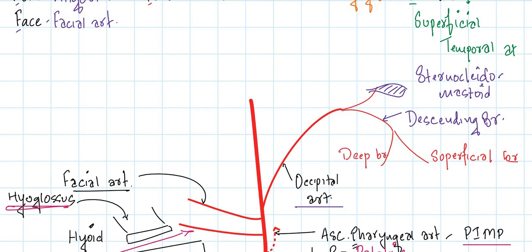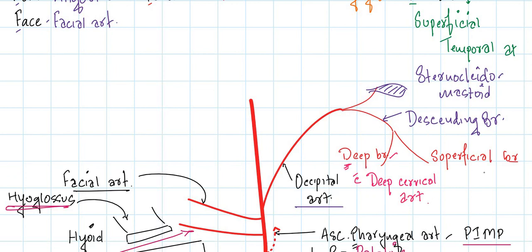So this is the superficial branch and this is the deep branch. The deep branch is anastomosing with the deep cervical artery. The deep cervical artery is actually a branch of the costocervical trunk, and I'll discuss this artery in some other tutorial. Meanwhile, just remember the deep branch of the descending branch of the occipital artery is anastomosing